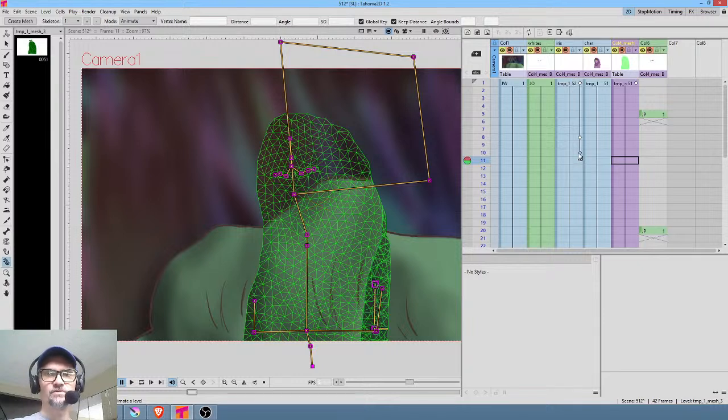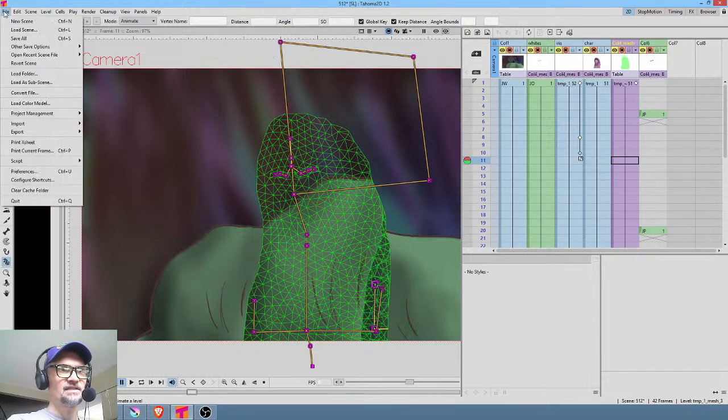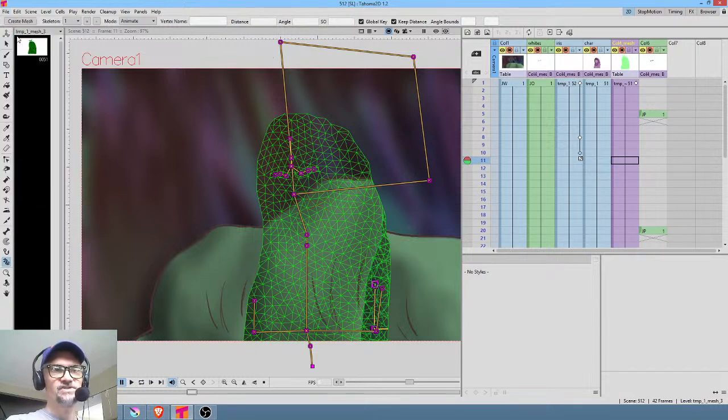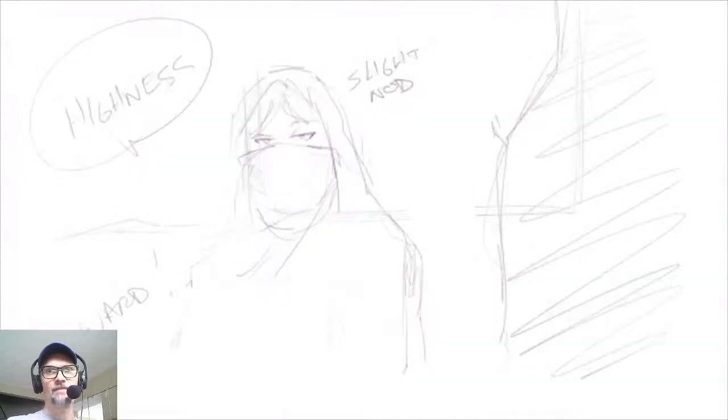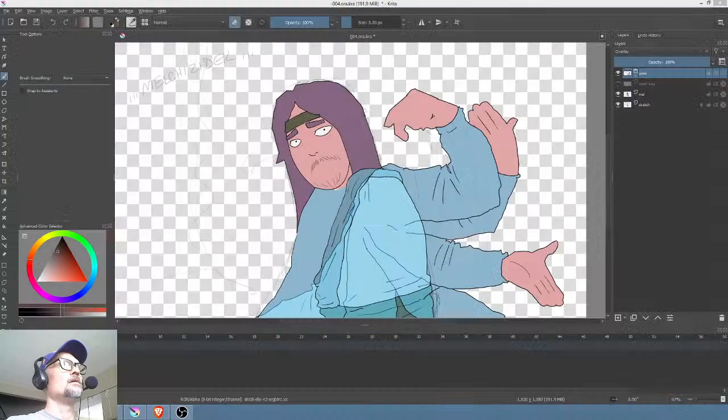And then all she's going to do is kind of perk up a little bit and say, "Your Highness." And then she'll probably blink again. So with that, let's save all. Save shot 512. And then just as an abundance of caution, I'm going to restart Tahoma, and then this way